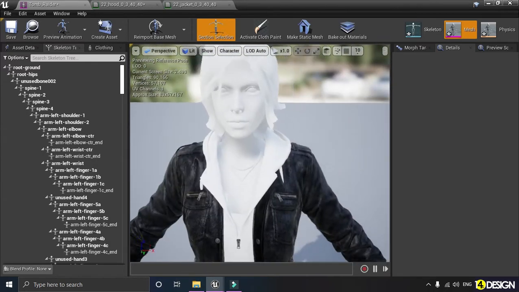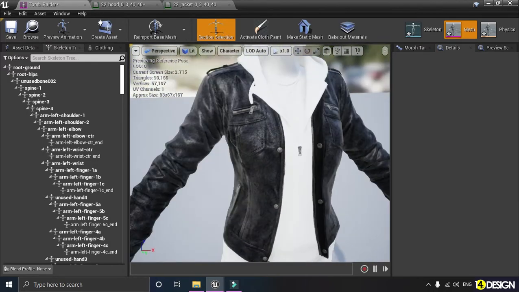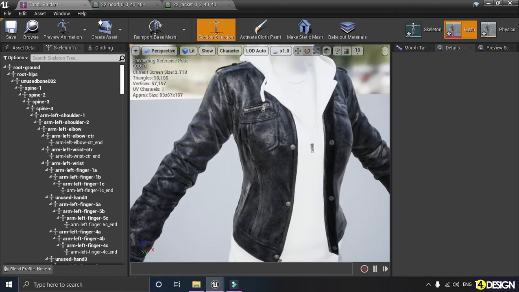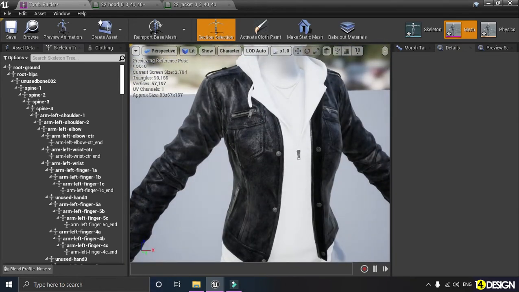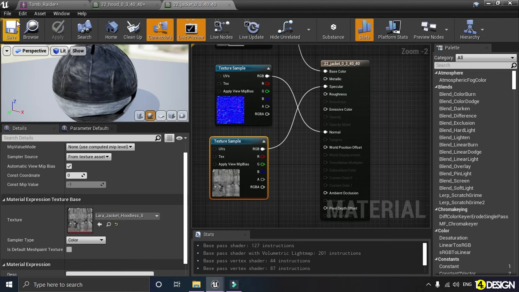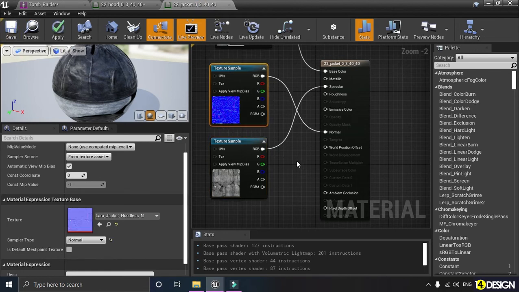Again guys, if you can't see your textures on your model, you just have to save this, and you can see whether the material has been saved or not by this sign on the top. If it is on in star, then it has not been saved. Now let's open up the next one.